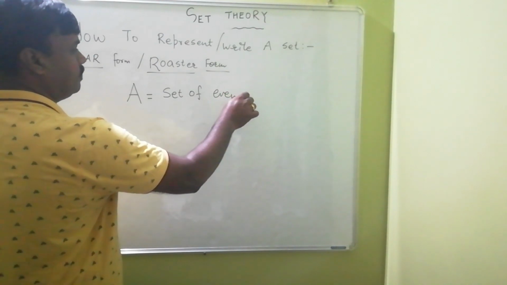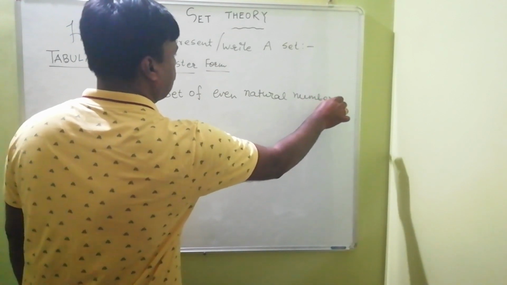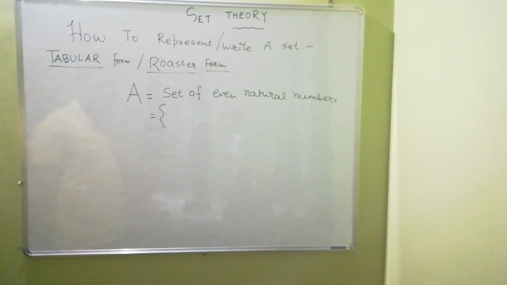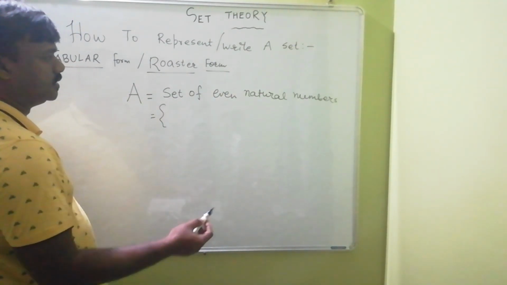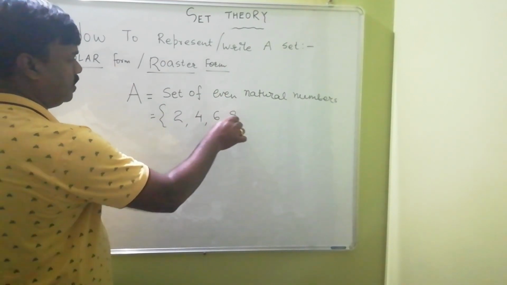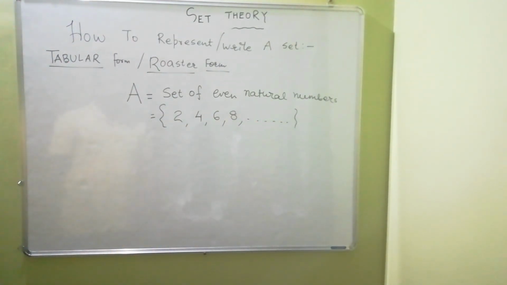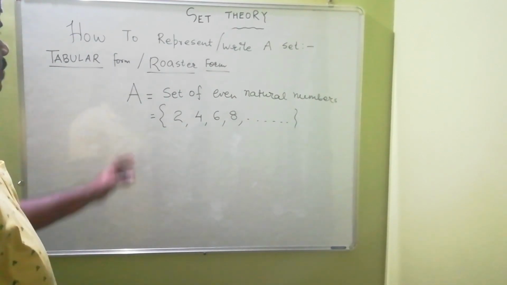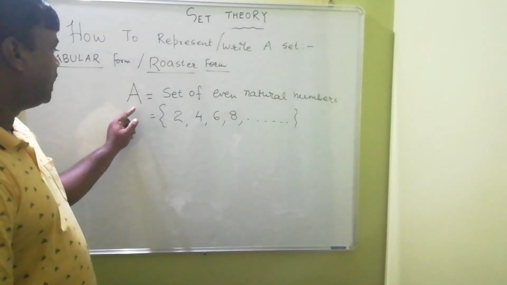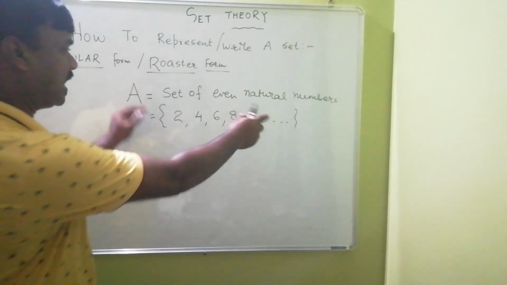even natural numbers. Now first we will write the curly bracket or you can say middle bracket and then we will write the numbers or the elements as 2, 4, 6, 8, and there is no end, so we will put dots like this. So this is the way of writing the set. Here the elements or the members of this set are separated by commas inside the curly bracket.